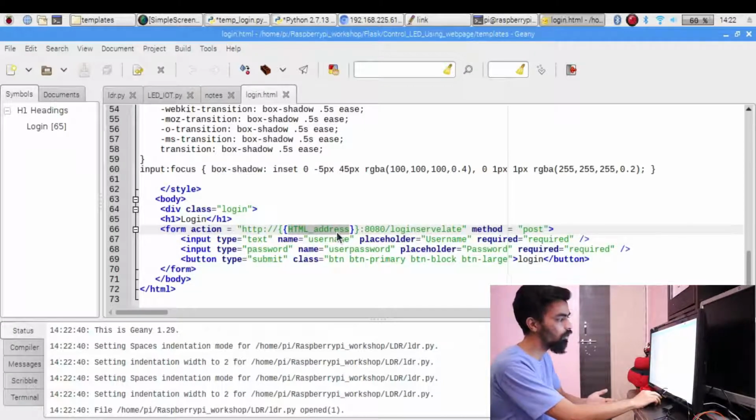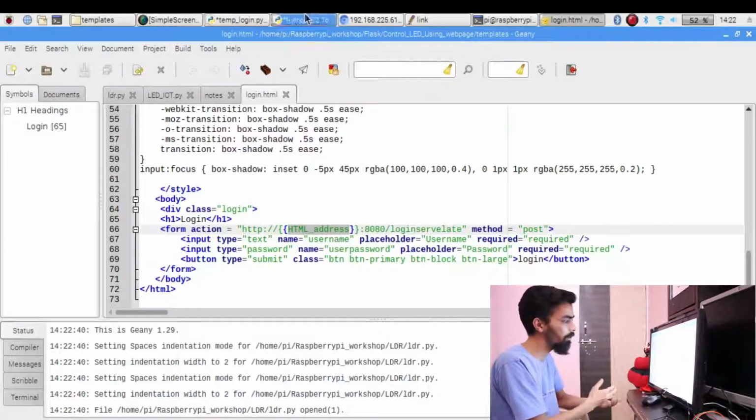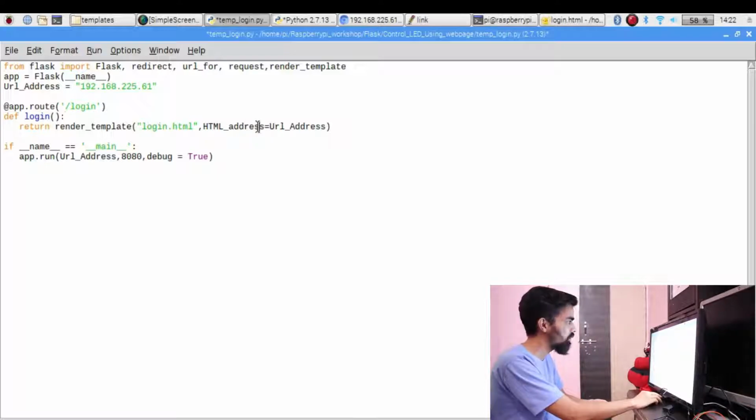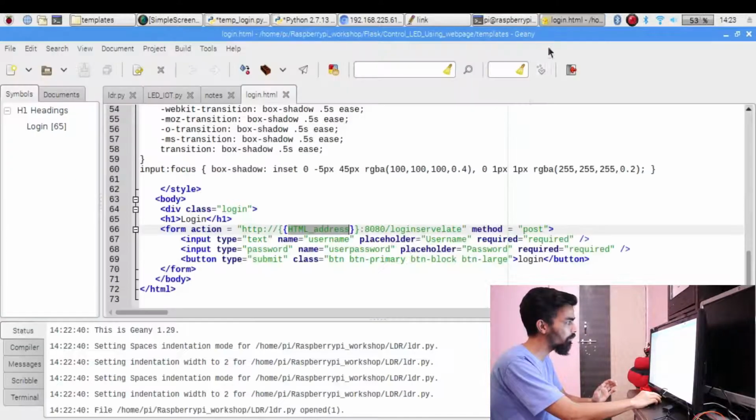So if you want to transfer some information from Python to your HTML page, you can use this type of syntax in your code. This syntax, URL address, that is any username, is basically a variable name. Then you have to pass the information, and you have to use exactly the same name of your variable in your HTML code. So this is HTTP, and then it is an address, that is the starting point of your